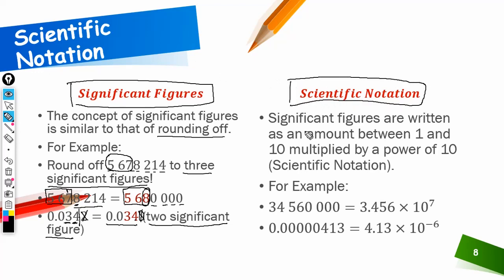Scientific notation. So significant figures are written as an amount between 1 and 10 multiplied by a power of 10. So if you write like this, it's called scientific notation. Okay, let's say for example, so this is significant figures. Okay, these significant figures can be written into scientific notation